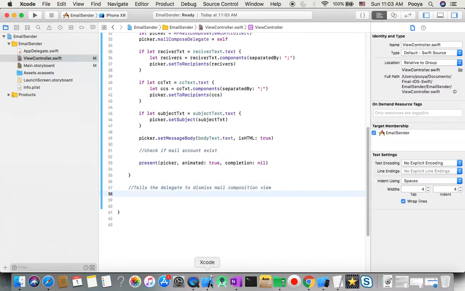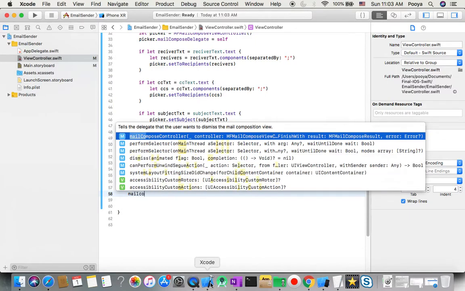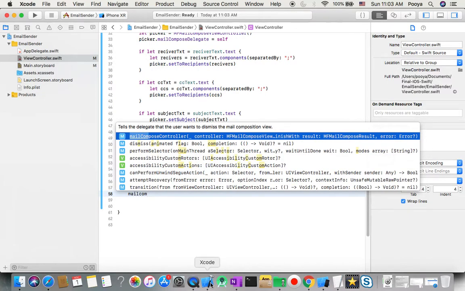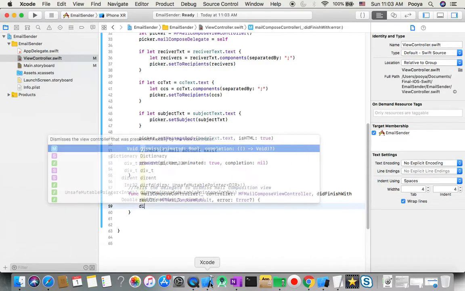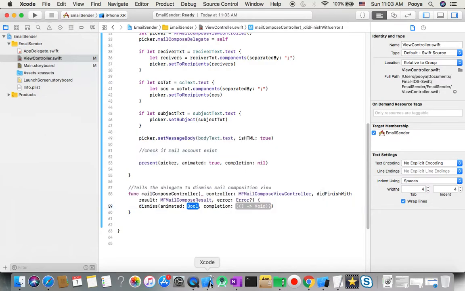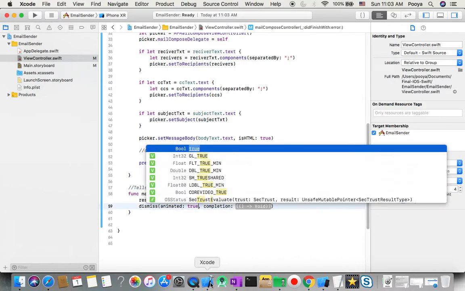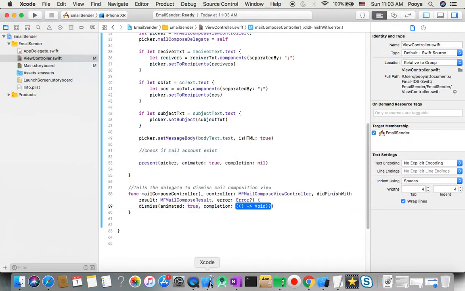So what is that? Mail compose controller. So when this dismisses, this one is going to dismiss that for us,